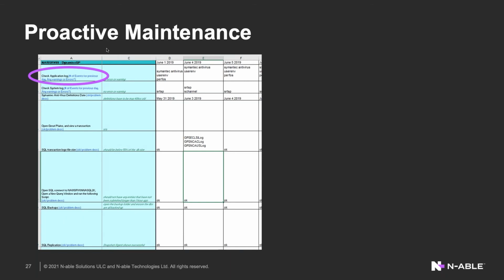And if it doesn't, then you move on with your life. The rest of these items are pretty much the same way. How large is the transaction log? Did the backups run? Those are all things that don't require a human to verify each day,